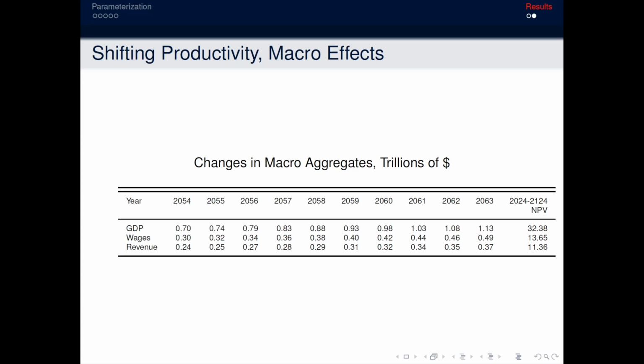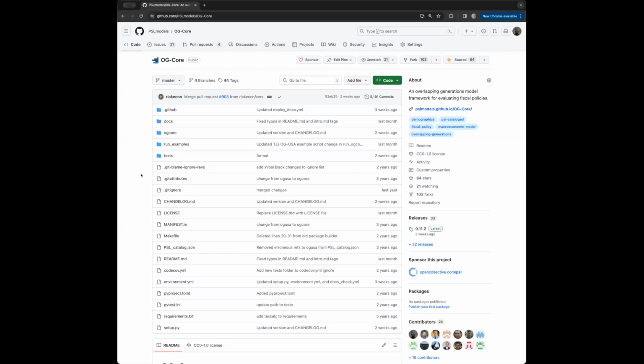So after having seen those results, I'll spend a little time going into the Python API for the OG Core model and drive through the demographics module to show you how that's working. Okay, here we are. I'm sharing the homepage for the OG Core repository. All right, and so one of those new things Rick and I have done in the last few weeks is to bring the demographics module that was in each specific country calibration, so in OG-ZAF for South Africa, in OG-USA for the United States, and take those demographic modules out of each of those country calibrations and bring them into